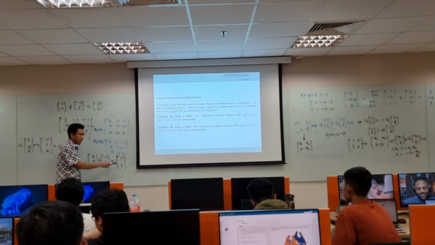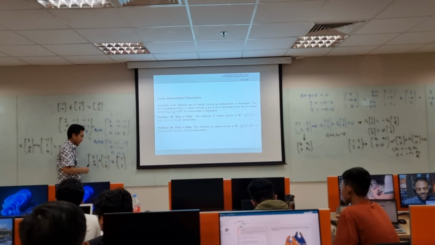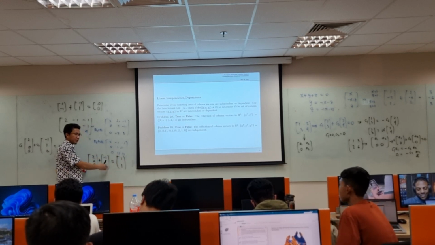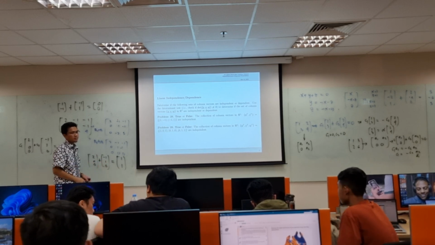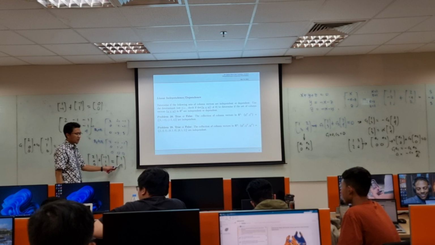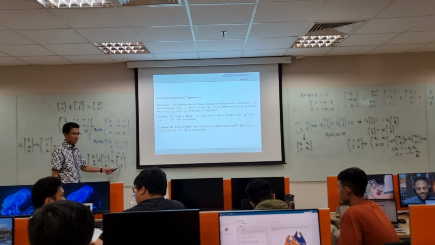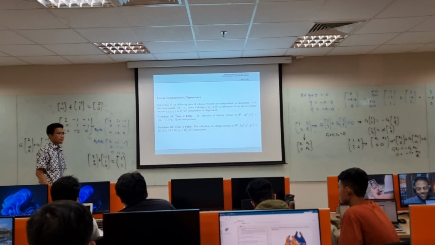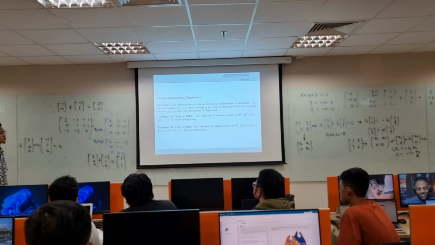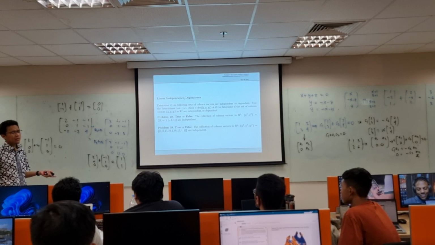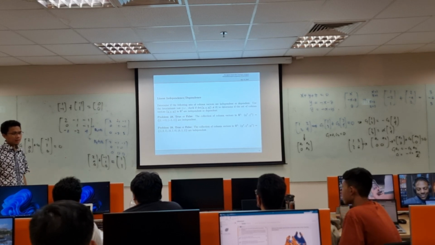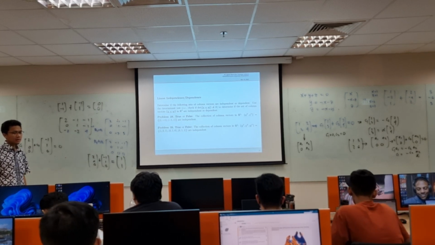That means the last column can be expressed as a linear combination of the second and the first column. So the last column is dependent. I jumped a bit to count how many linearly independent columns and rows there are in this case,